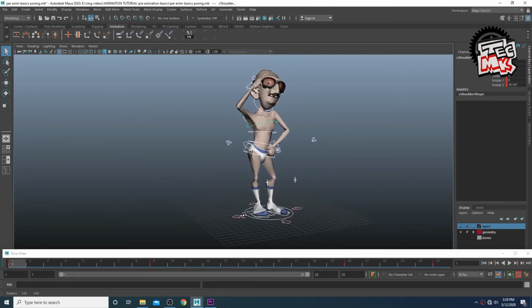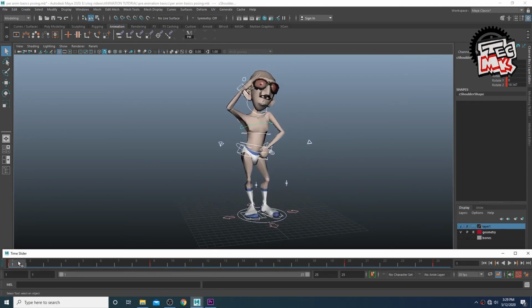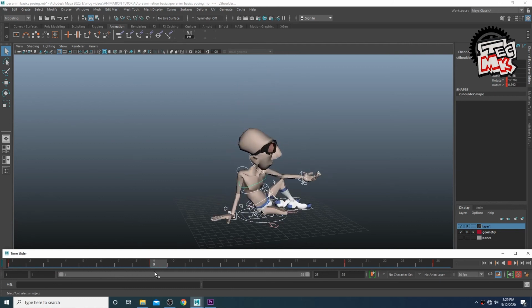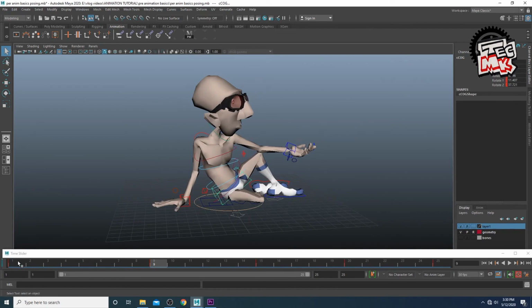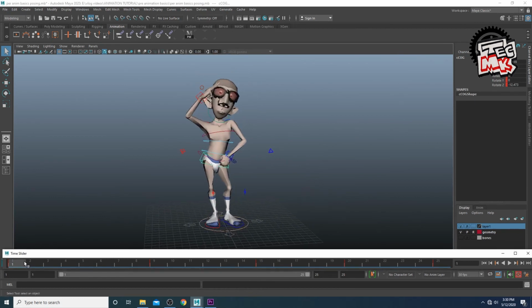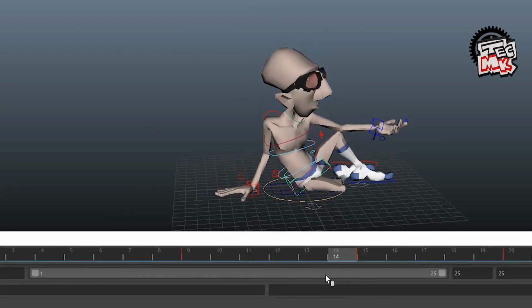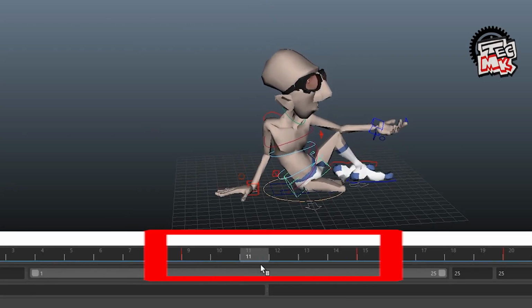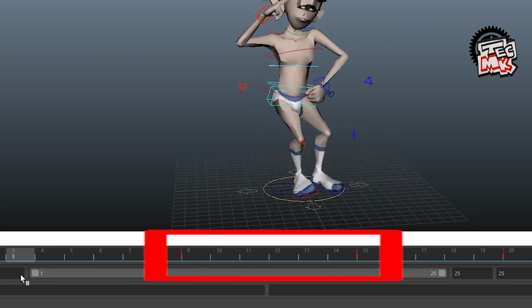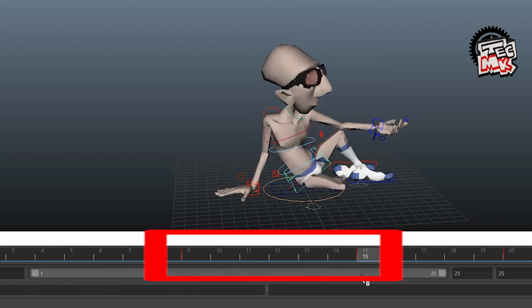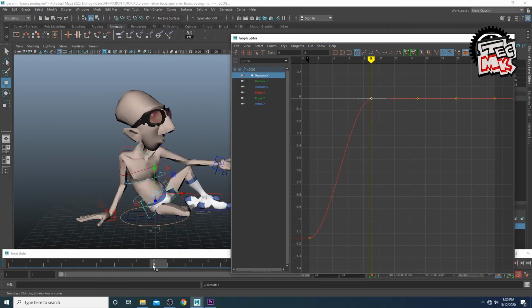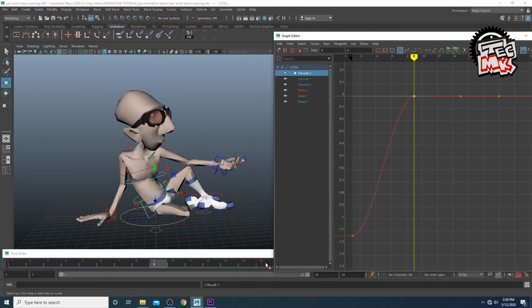And so let's consider that the packageman was standing here, and from here it has come here. It is changing from pose to pose. Just check this thing. The packageman was standing, it came down and settled. Just check what's happening. From frame number 9 to frame number 15, we do not see any movement of any other body parts apart from the pelvis. If we go to the graph editor, so from 9 to 15,